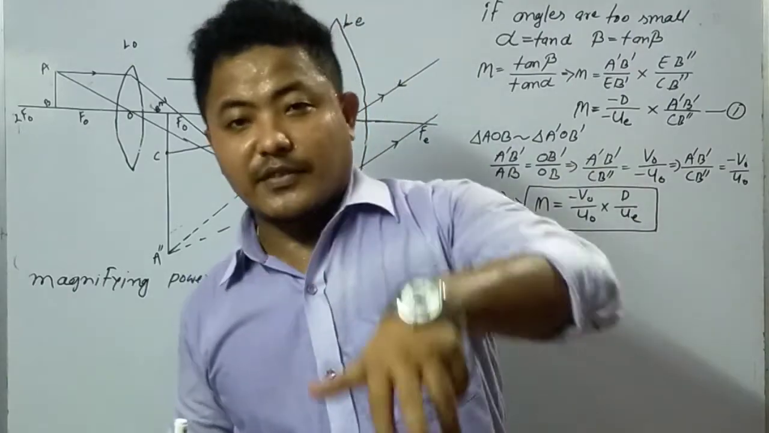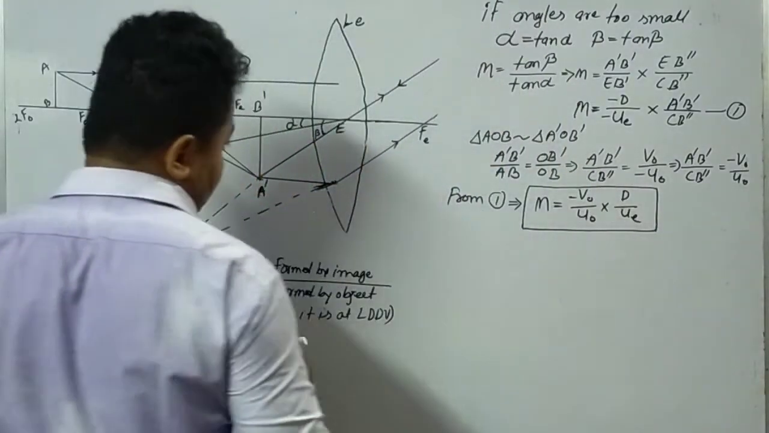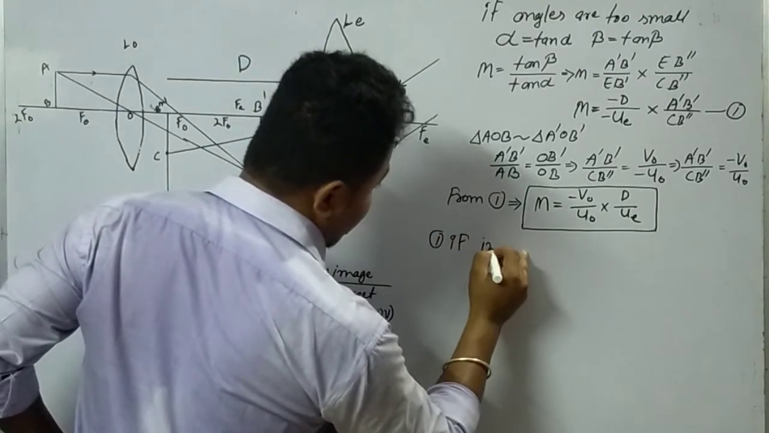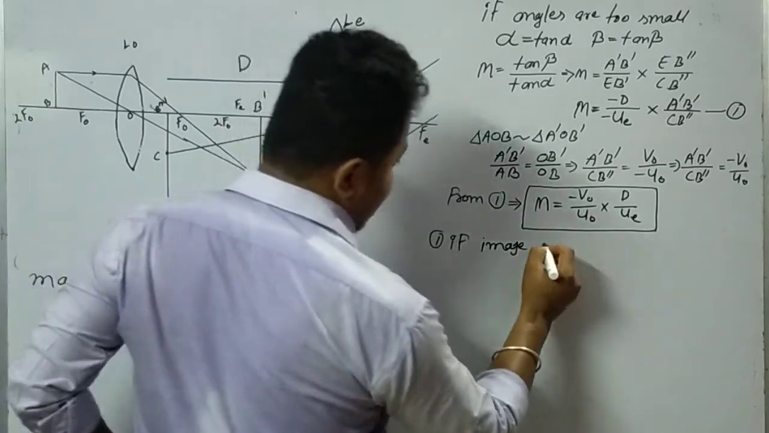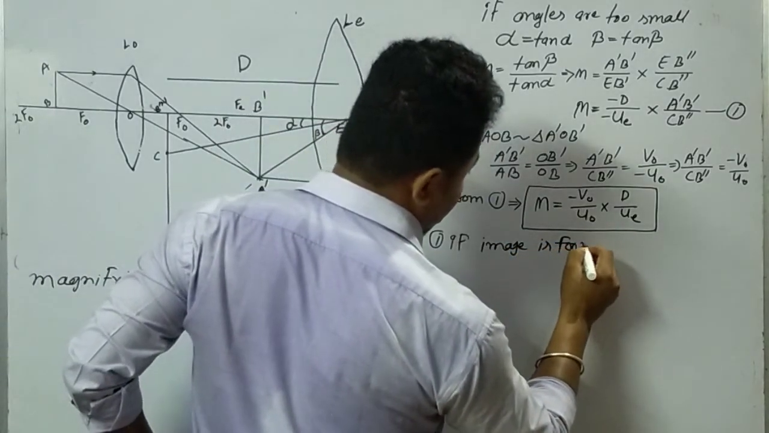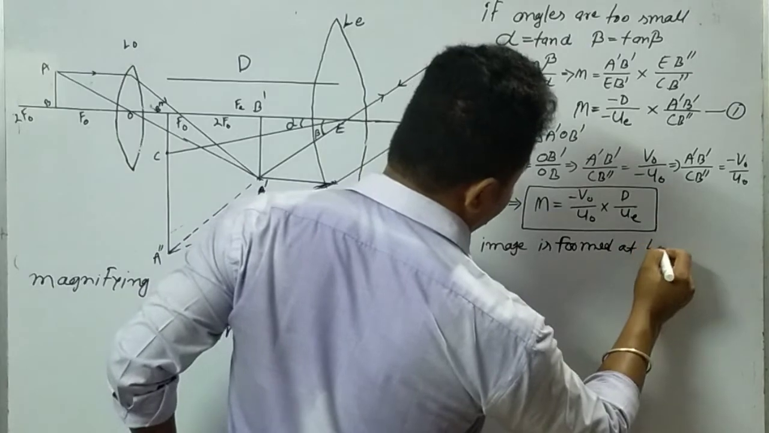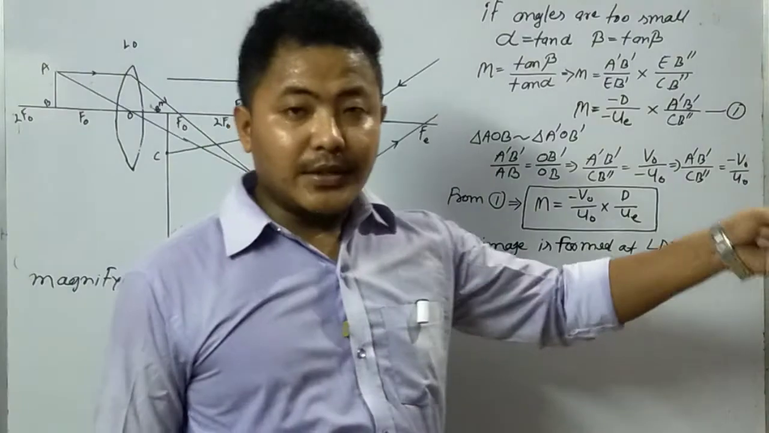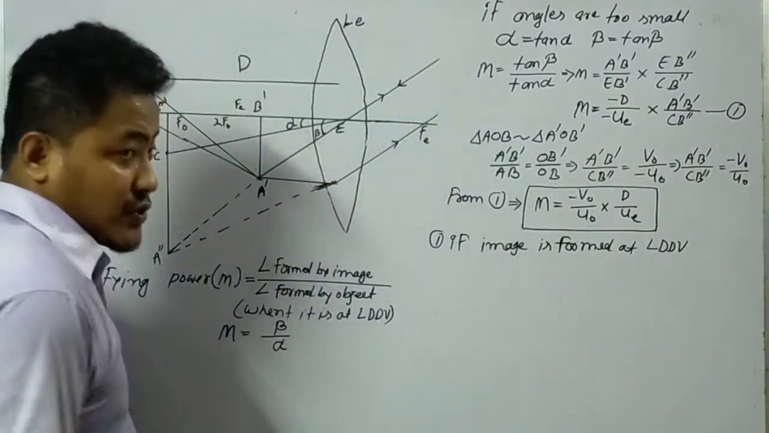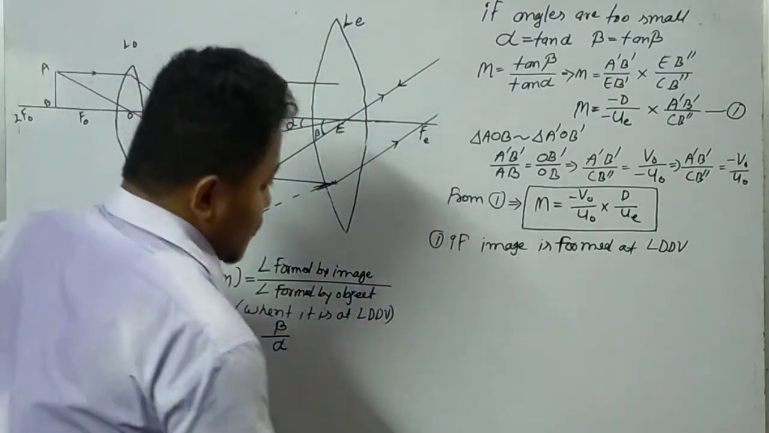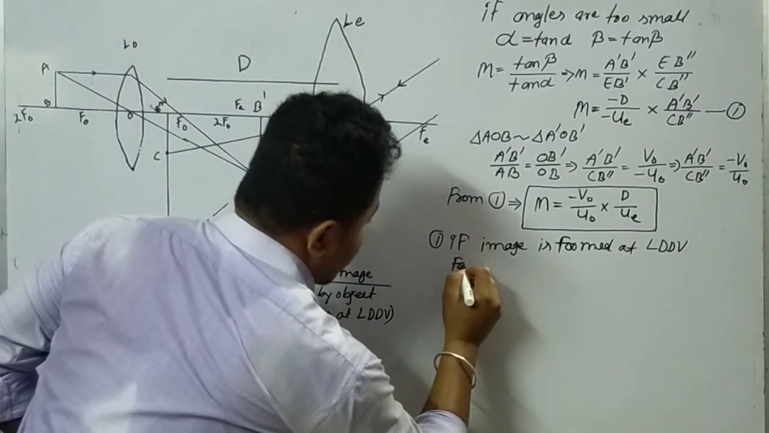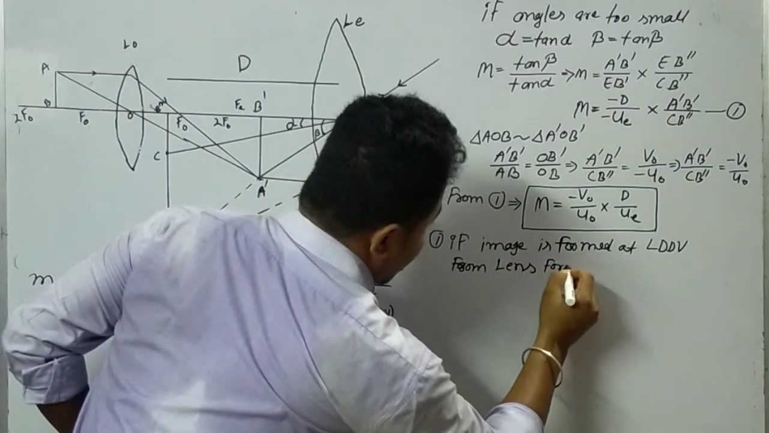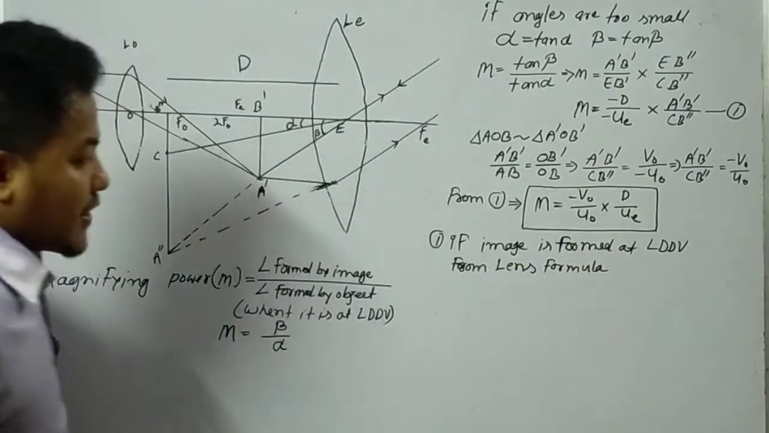First is, if the image is at least distance of distinct vision, and second is, if the image is at infinity. So we'll look at the first point now. Number 1, if image is formed at least distance of distinct vision, that is, if image forms at LDDV, what will be the magnifying power? So we have to bring the lens formula here. So we know from lens formula,